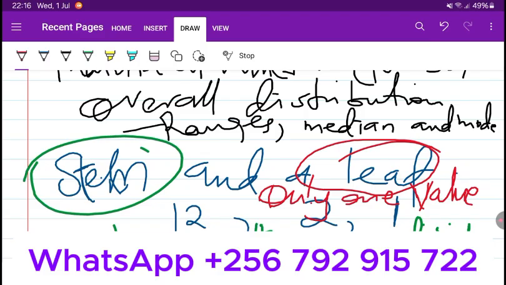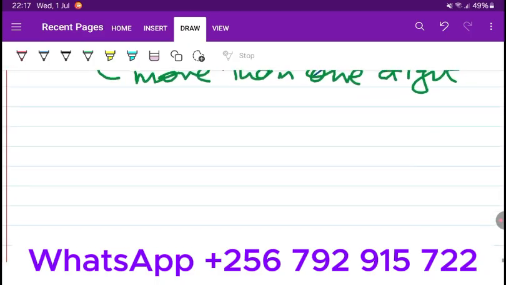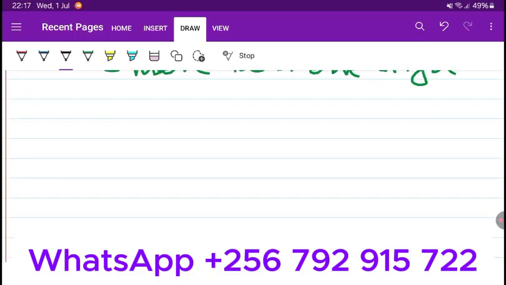So a stem and a leaf is a data plot that uses part of the data values, or part of the data value, as a stem and part of the data value as a leaf to form what we call groups or classes. So definition wise, if you want to define what a stem and leaf diagram is all about, we can say that